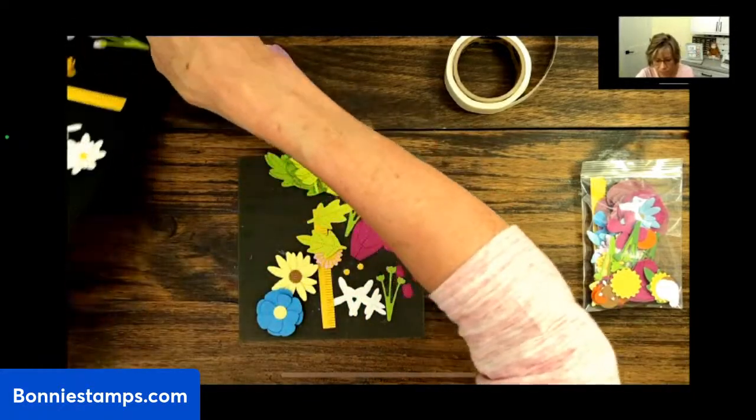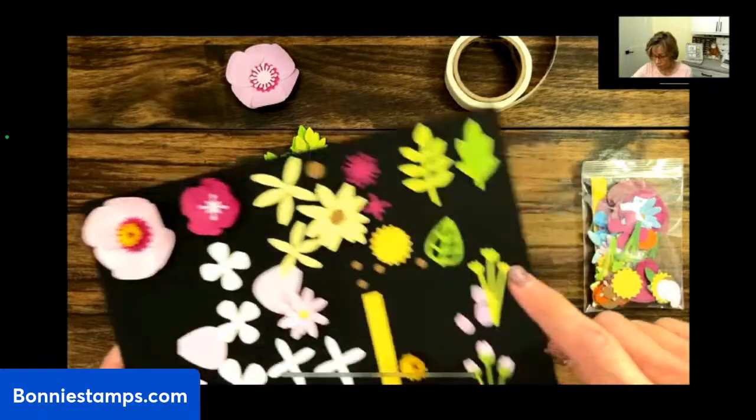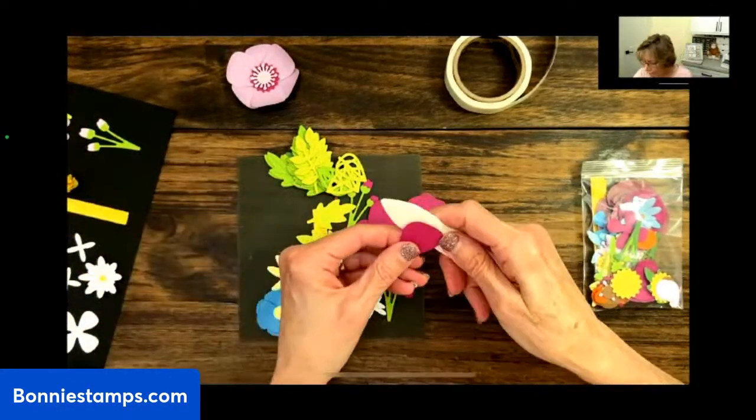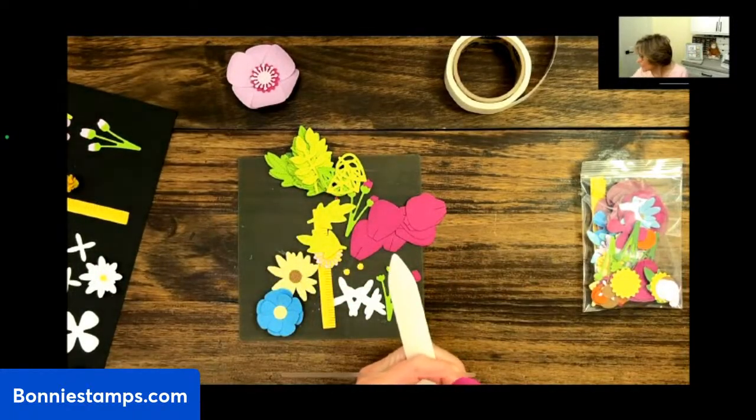And to show you which one that is, I'm going to show you how I put together this flower right here, the whole setup on it. So to start off, I take, let me see, I want to see if any,